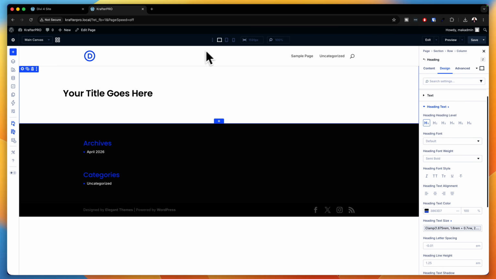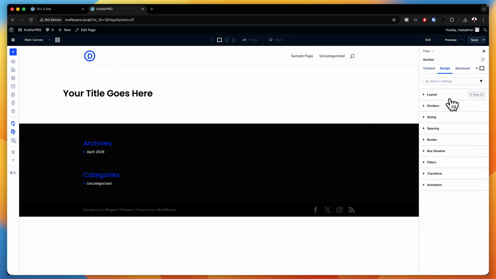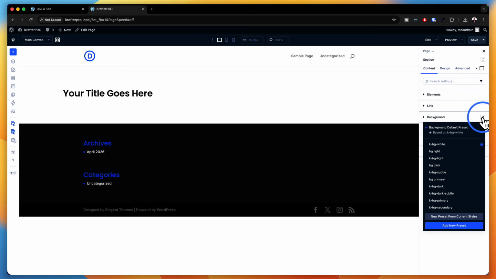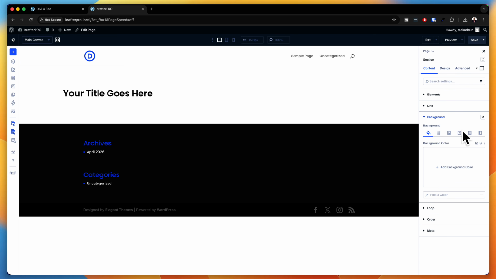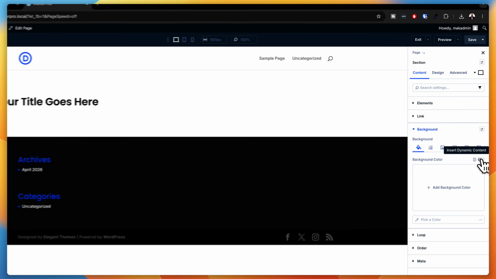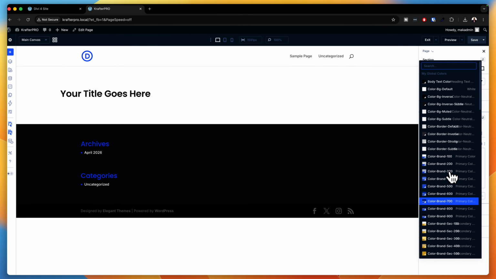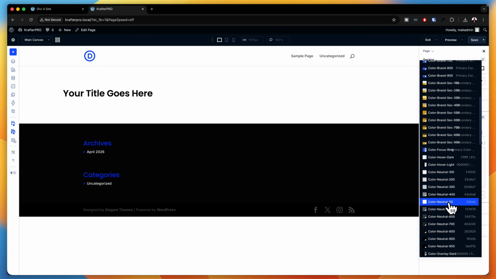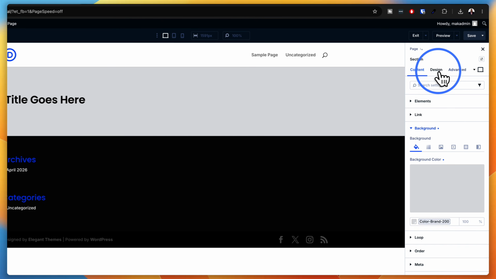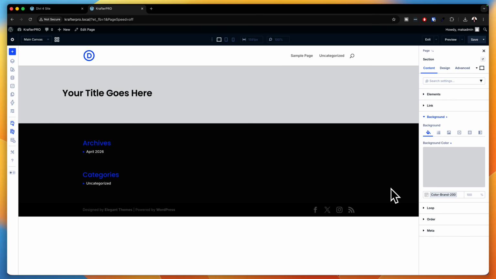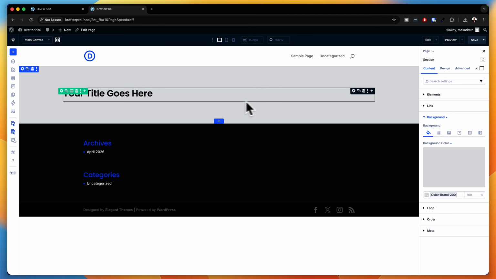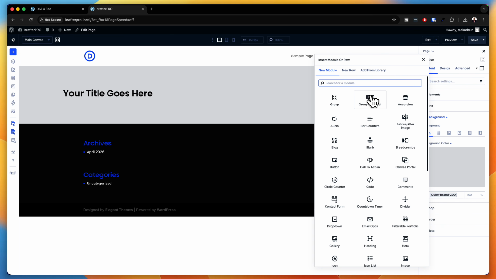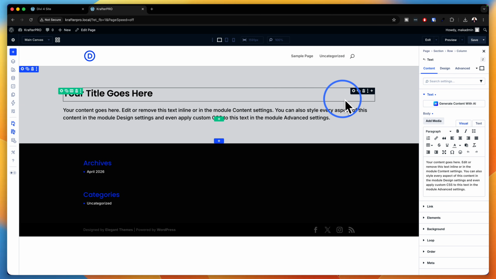They are already selected. If you want to go in and use your colors, you can just select here and then go to your background, and your colors are all defined like this. Or if you want to be more specific, you can go in and click on this little dynamic content item, and it will show you all your colors. This is the new way of designing with Divi 5. This ensures that your websites are all consistent. So even if I come over here and add my text, for example, I'll add my paragraph text like that,